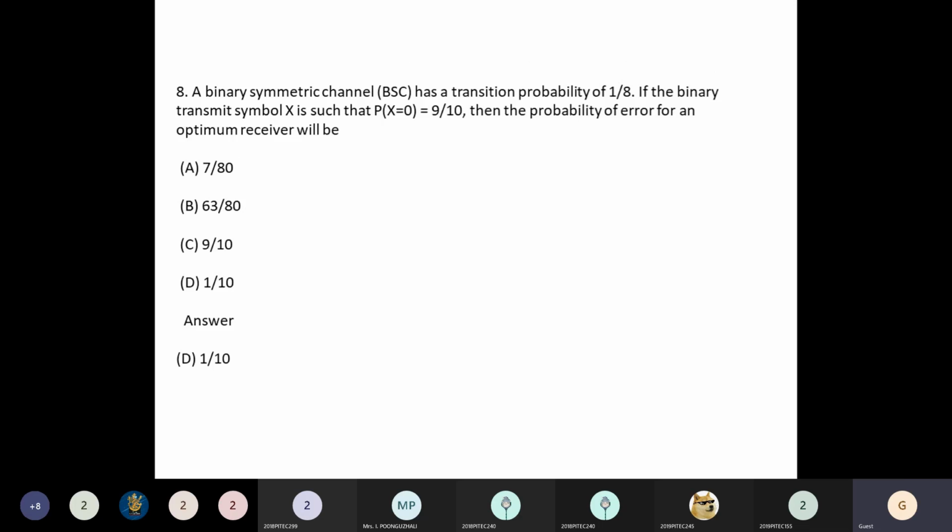Next problem. A binary symmetric channel, simply said to be BSC, has a transition probability of 1 by 8. If the binary transmit symbol X is such that P of X equal to 0 equals 9 by 10, then the probability of error for an optimum receiver will be